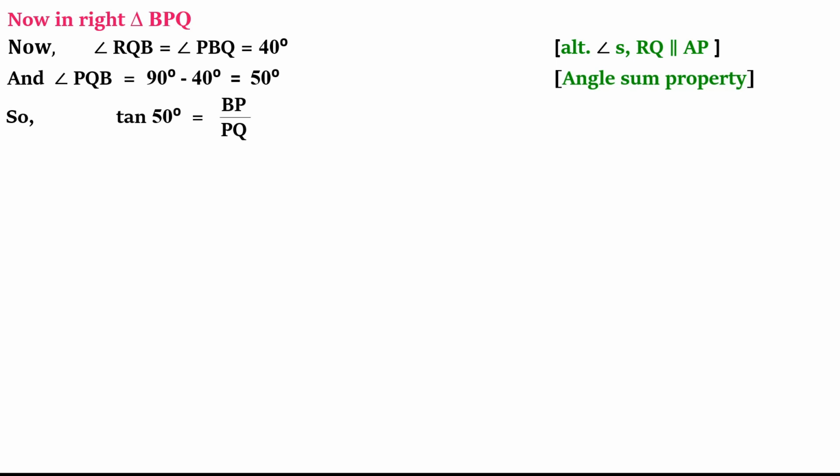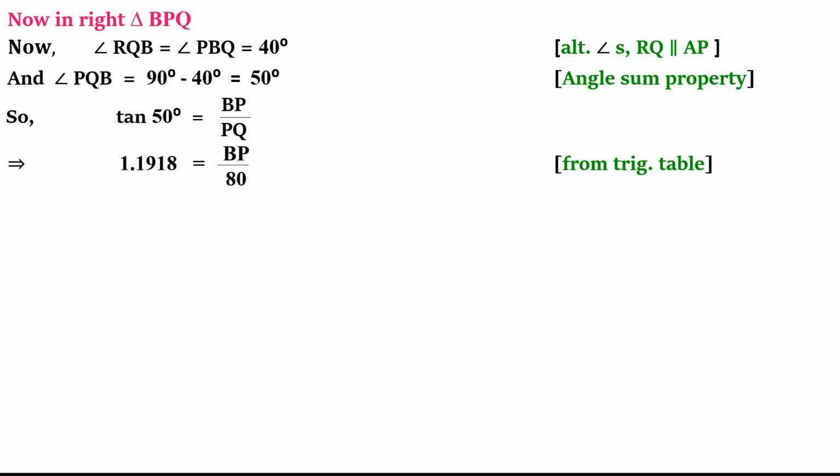When I use tan 50, your base has become the height of the lighthouse, and perpendicular is the length of the sea water. Okay, so it is BP upon PQ. So when I substitute the value, it is 1.1918. This value I have found from the trigonometrical table, and BP upon 80. So here I need not multiply.